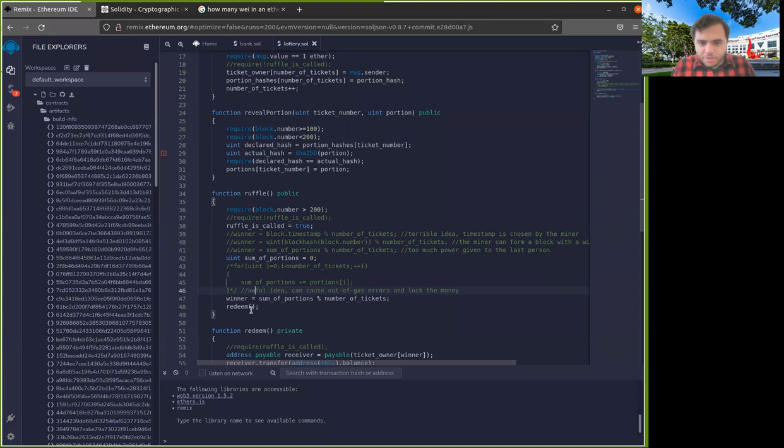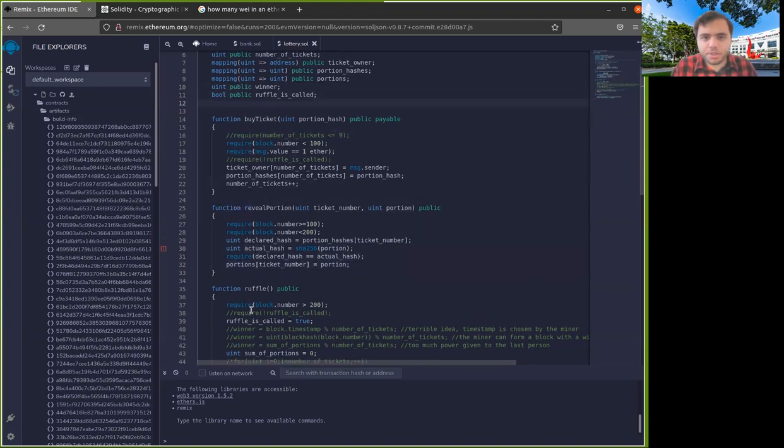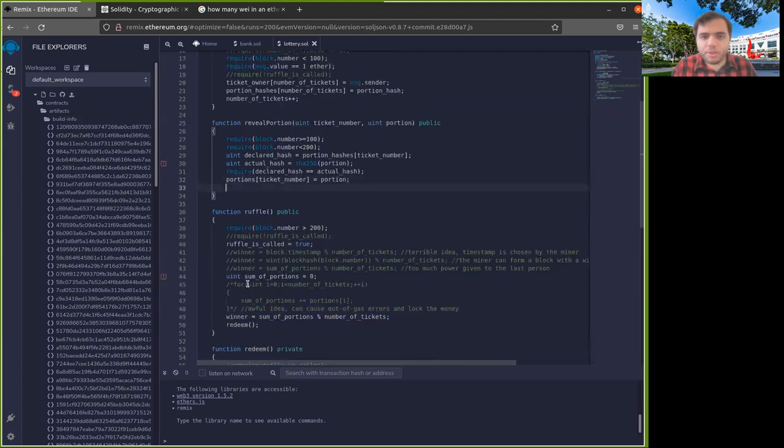So how would I do this now? Well, what I would do is that here I set the portions to be this, and I will just have the sum of portions like this. So I could just say I have my sum of portions here. And instead of having a loop in Reveal, I just update my sum of portions in reveal.